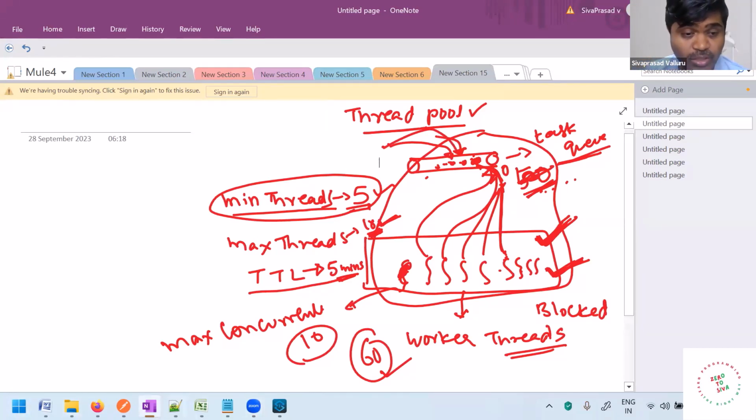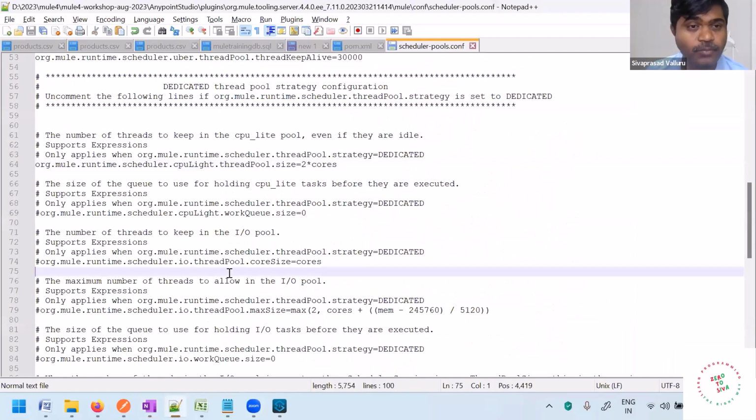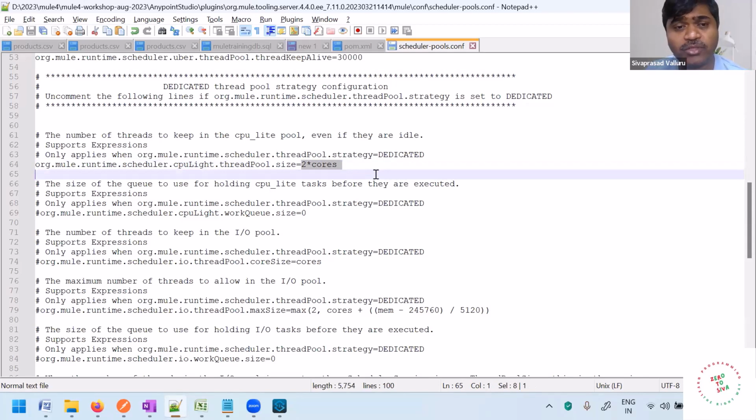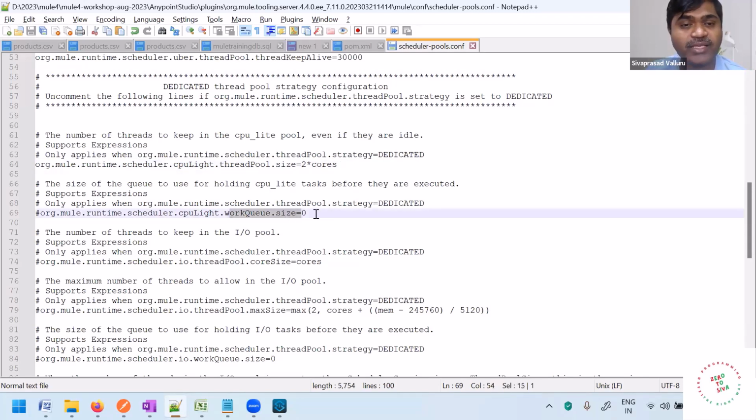So coming to the configuration here, in the CPU Lite thread pool, the max size and core size are the same. That means this thread pool is a fixed size thread pool. There will be no min and max. CPU Lite thread pool is a fixed size thread pool. It will contain 2 into number of cores. And what is the worker queue size? 0. Okay. Then for IO